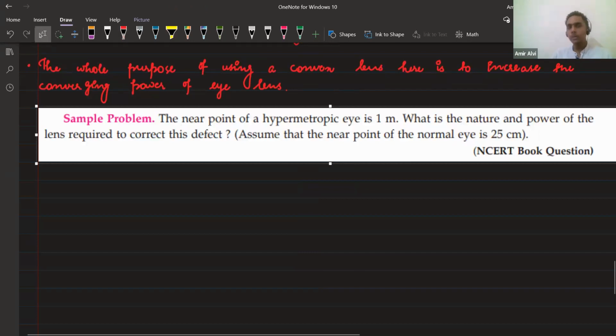So right now, Maha, Nabila, Sultana, Harshit, Sumaya, all of you are wearing lenses. So which kind of lens are you wearing? Concave or convex? Concave. Okay. So most of the people are having problems with long distance objects.